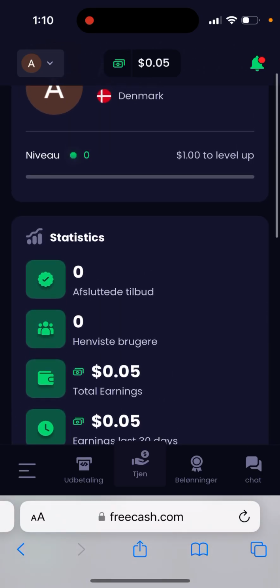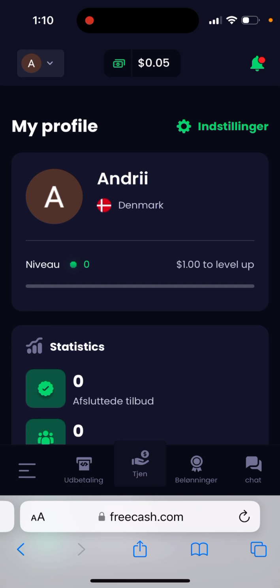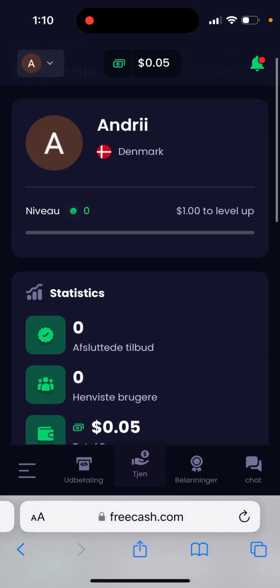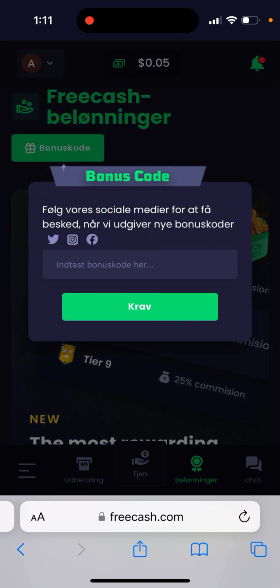Free Cash referral code. So basically you need to go to freecash.com and log in, create your account. There is no iOS app, there is only an Android app. And then you tap on this second tab from the right, and then you have your bonus code, which you